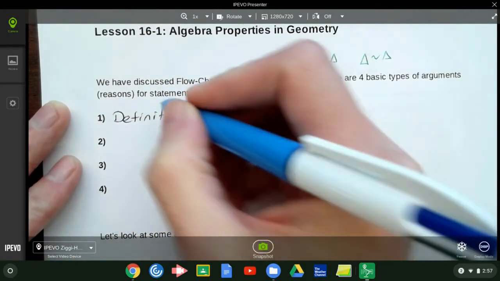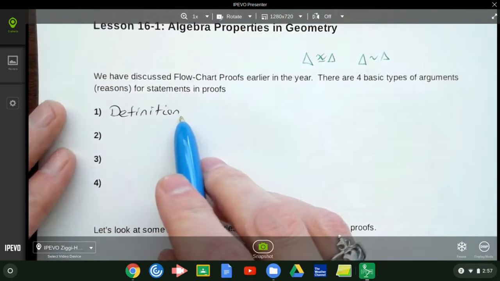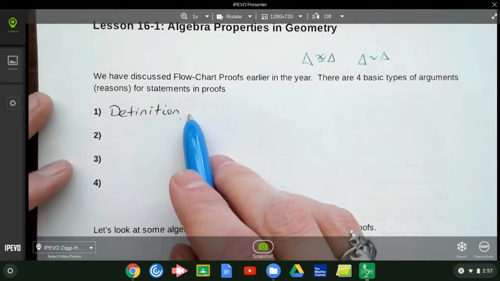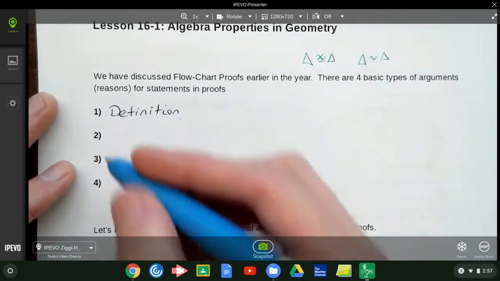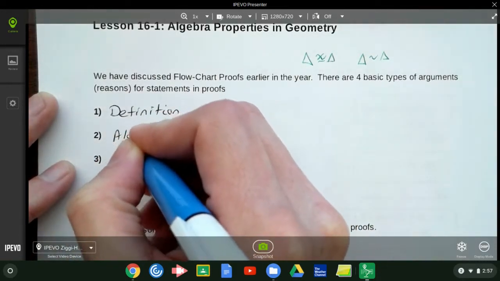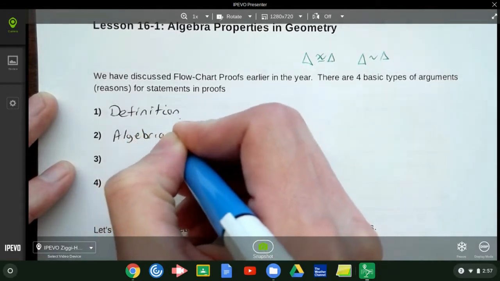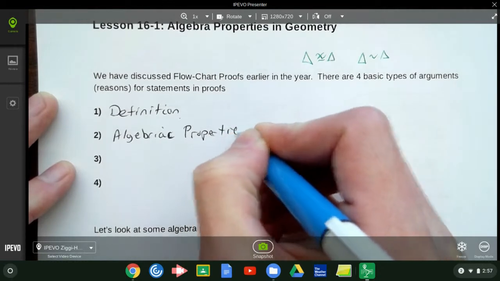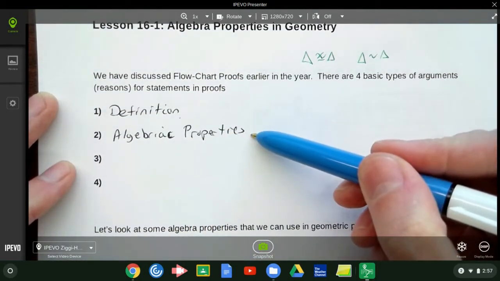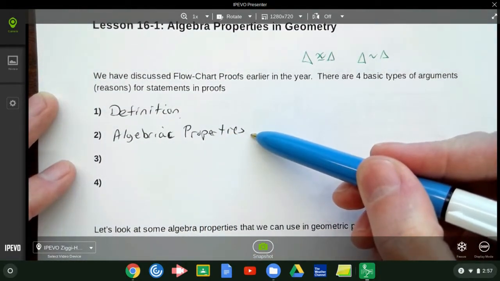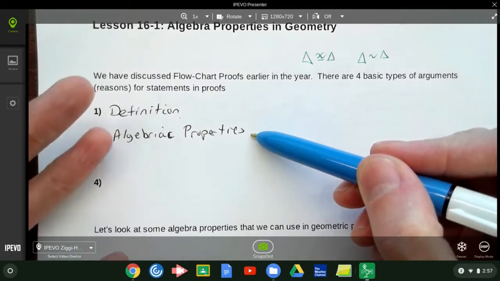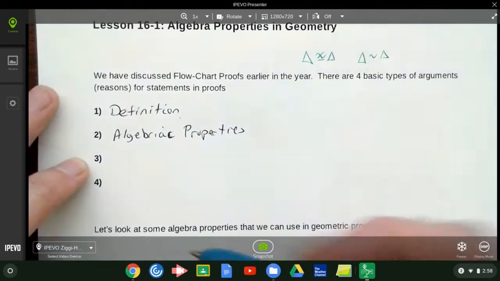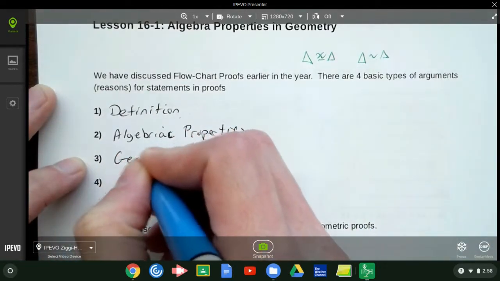Knowing things like what a midpoint is, knowing things like what a rectangle is, all that type of thing. Then we have algebraic properties. And that's really the focus of this particular video. Some properties that you learned in algebra that you may not have really focused on, but are going to be useful now. Then there's geometric